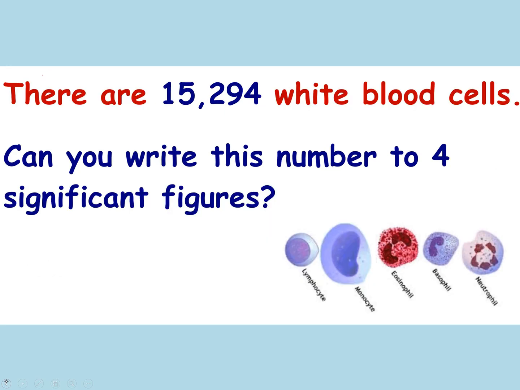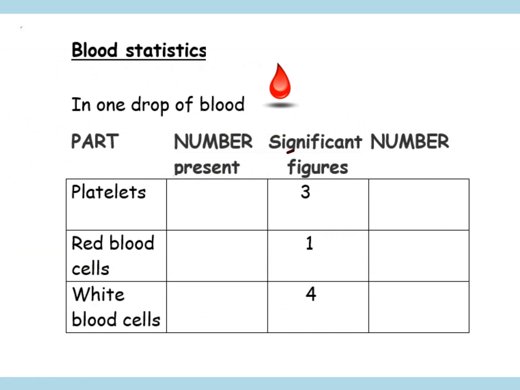So I'm going to go back to my table here, and this is where I really need my pen to be working. That's better. So if we remember, the number of platelets present in 1 drop of blood was 28,654, and we need to show this to 3 significant figures. So first, second, third figure, but because this number is a 5 next to the 6, that is going to turn that 6 into a 7. So our 3 significant figures should be